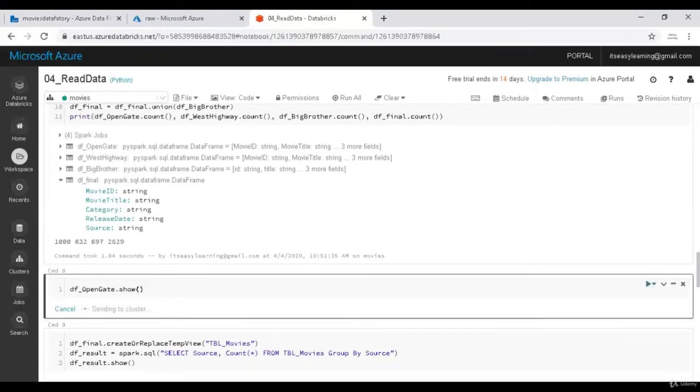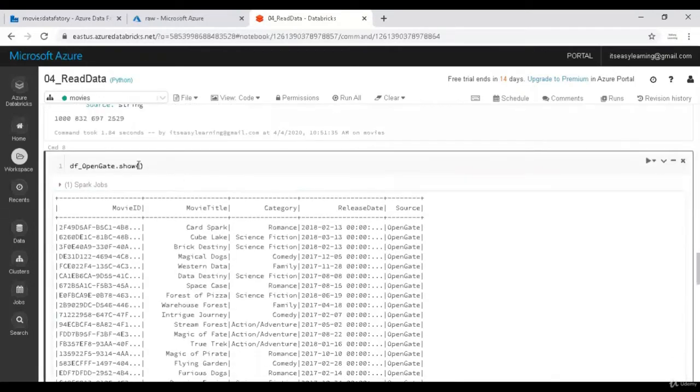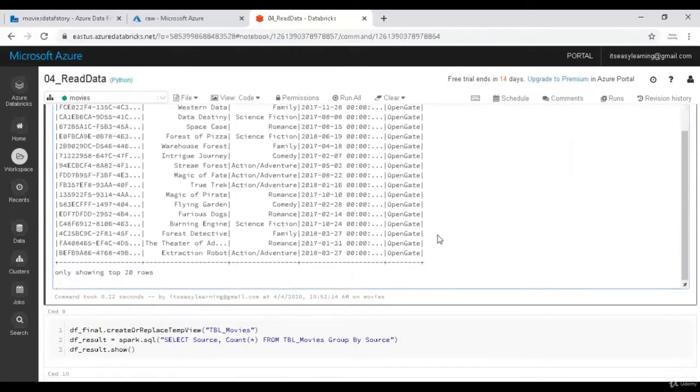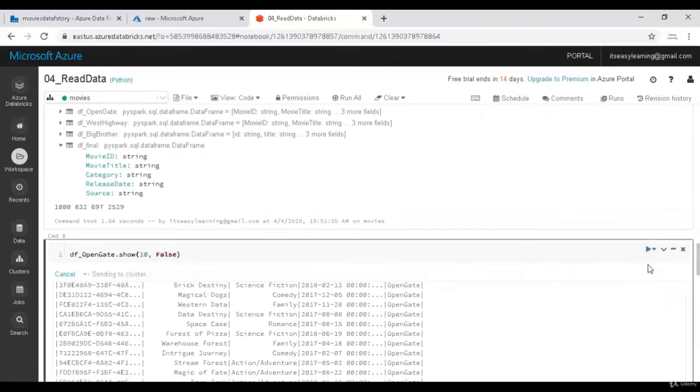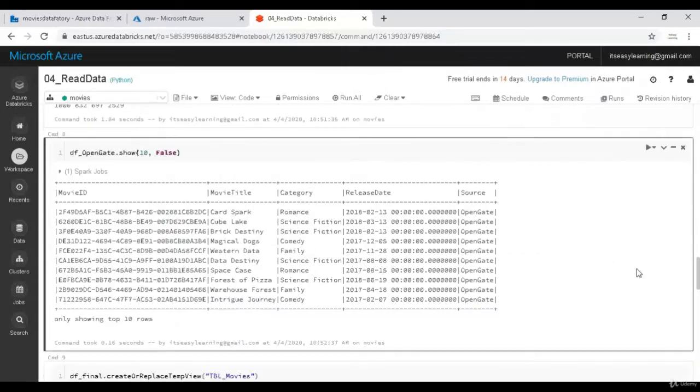One thing I just want to show you, in the show command, you see data is getting truncated here, as well as only the top 20 rows got selected by default. You can modify that using the parameters. Let's say I want to select only 10 records and I do not want to truncate. So this way you are able to see the complete data as well. However, on the other side,